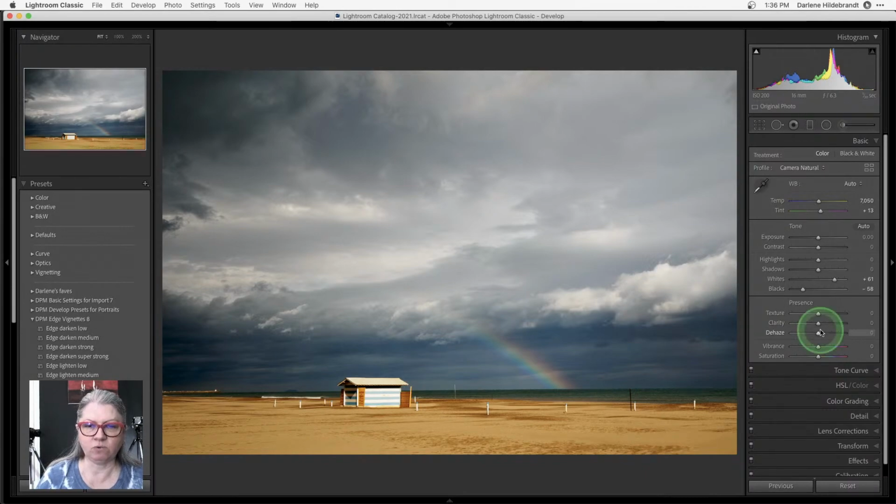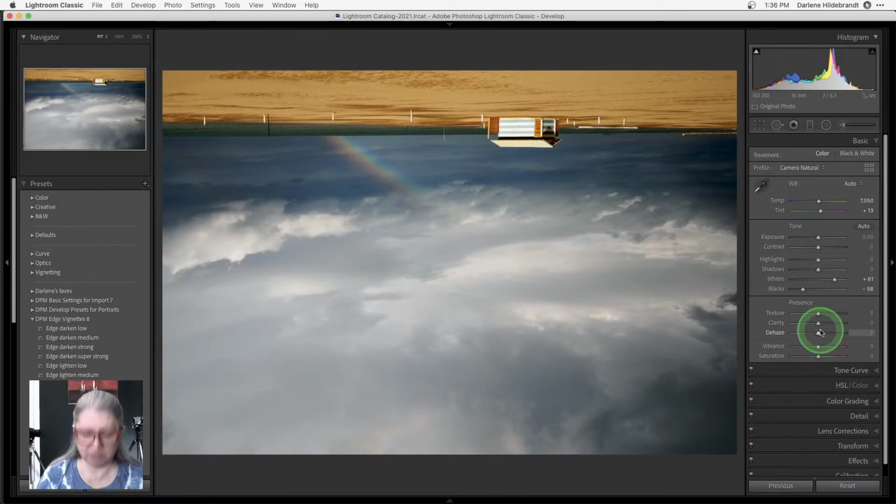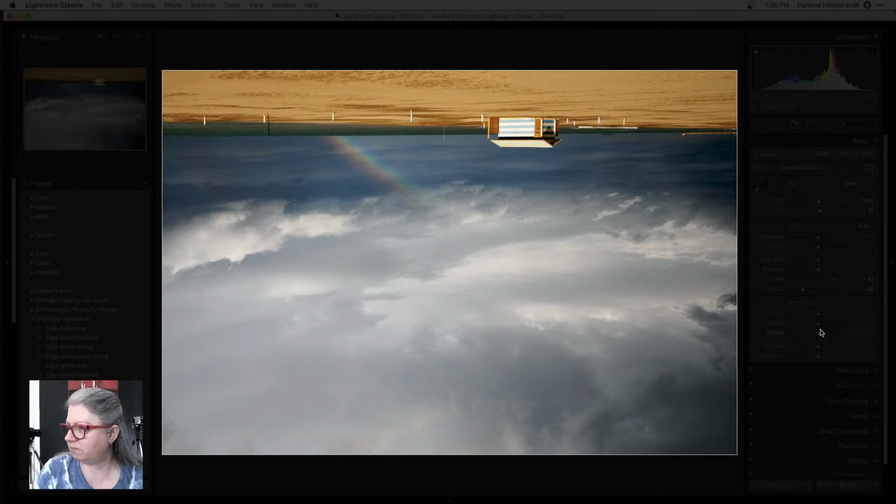I've showed this before. If you put your image upside down, Rob, if you could share the background article. If you put your image upside down, your eye will go naturally to the things that are going to draw your attention right side up. And right now, what's drawing my attention is that hut. Hopefully you're seeing that as well, because your eye will go to the areas of most brightness and contrast first, and sharpness. And the hut has all of those things. It's bright, it's sharp, and it has some contrast.